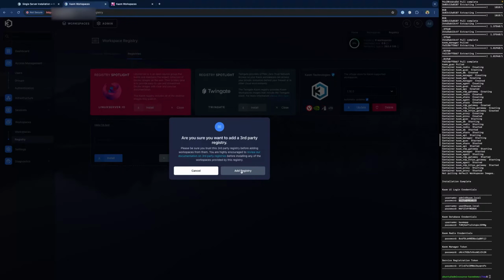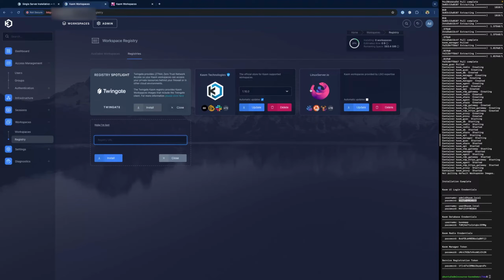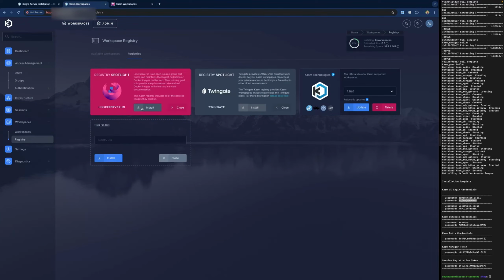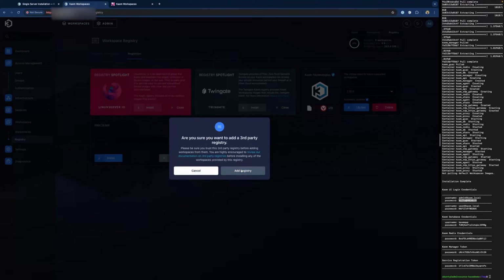Then when I click add registry here, because we already had it queued up, it shows this now as installed. I'll just go ahead and delete it. Obviously we're providing this automatically now as part of 1.16. Clicking install here will do the same thing.